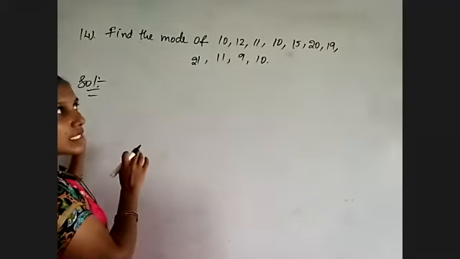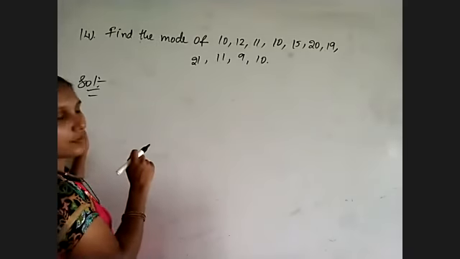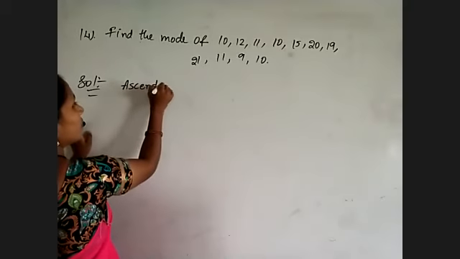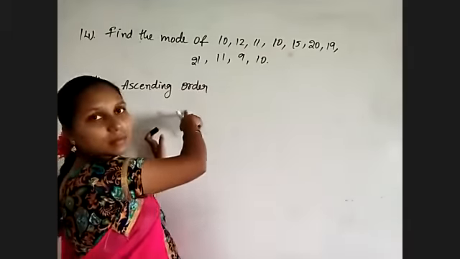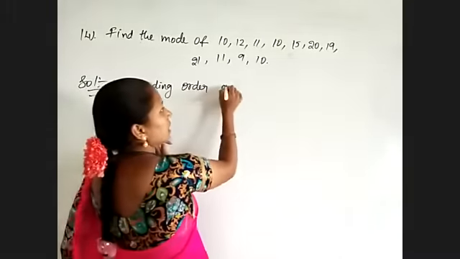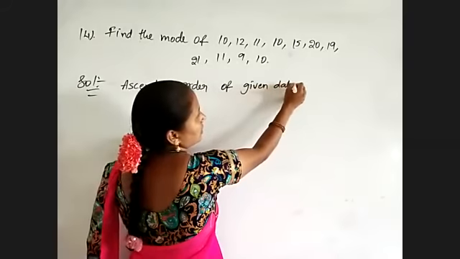First, arrange them in ascending order, then it will be easy for you to identify which one is coming more number of times. See, no need to write this, but for easiest calculations, I am writing in ascending order, that's all. Ascending order of given data is,